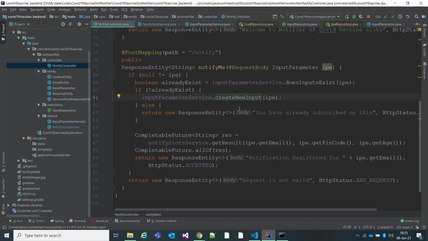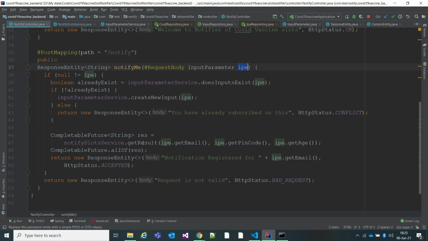Once it is populated in the database, I'll take the same input parameter object and pass it to the get result method I have created in the notify slot service. Here I'm using a completable future.